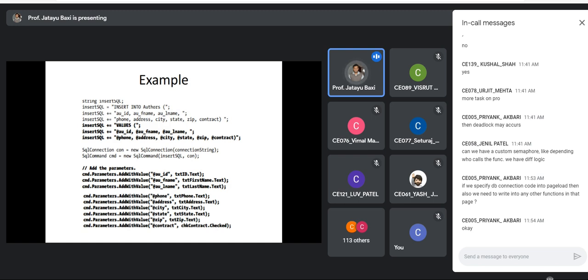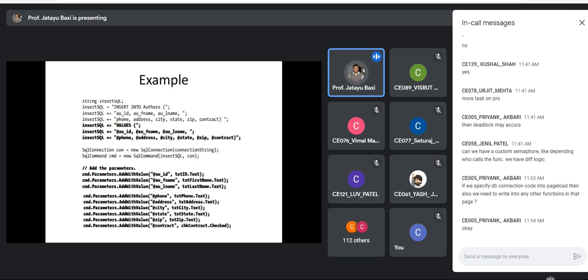You can see the first three lines are the same: insert into authors, the names of the columns, and then instead of the actual values, I am writing the parameters, right? @AUID, @AUFName, etc. Later on, once this statement is completed, I have to map these parameters to the actual values.